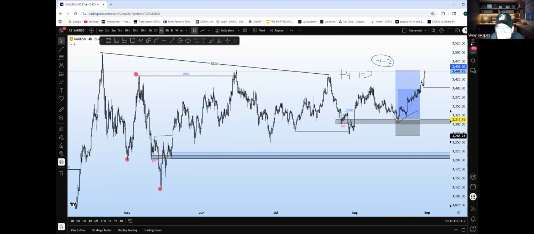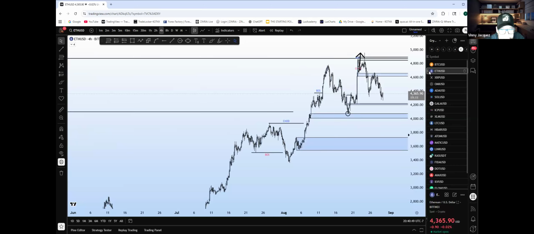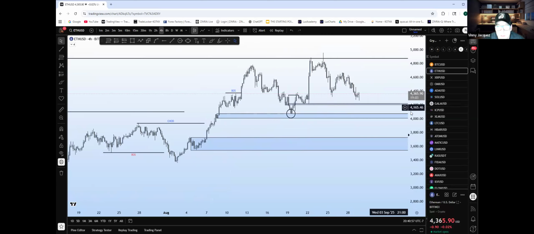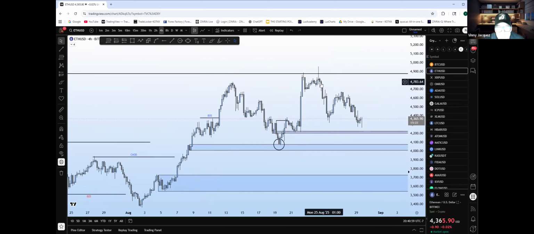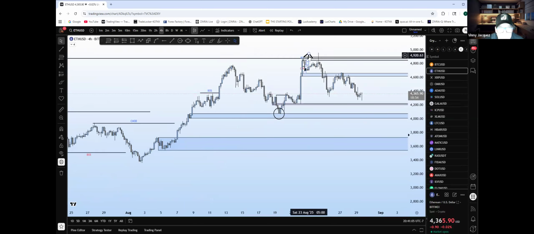But let's go ahead and take a look at ETH. I believe Carlos said ETH. I forgot who had sells here. This sell idea was a student's, and I didn't really like it. I told him it was kind of